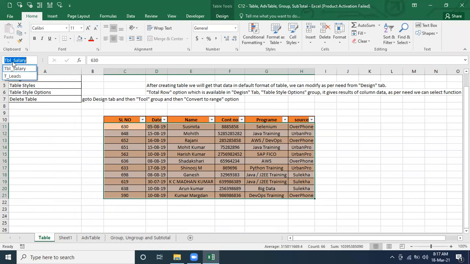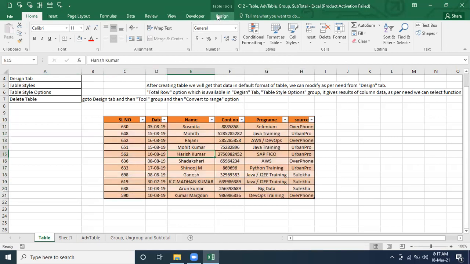So you can prefix with something. For me, if I'm going to create a table, I'm going to prefix with TBL underscore. If I am going to use a name range, then I am going to prefix with MR underscore. MR means name range, for my identification purpose. Whenever we are going to identify, it's going to be written like that. Correct? So these many things are there related to the table now.